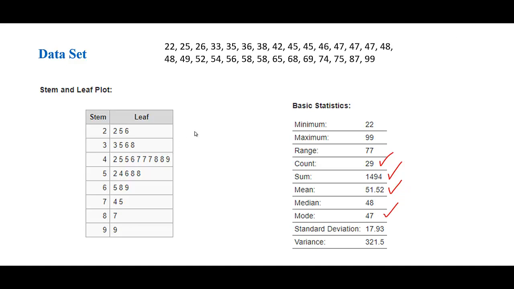Now let's calculate the median. There are 29 values as we checked from the count. These are an odd number of values, so there will be exactly one number in the middle of the data. So where will that middle number be? Some people use this method to find the position of the median. As there are 29 observations, n plus 1 means 29 plus 1, divided by 2. So it is the 15th position. The median will be at the 15th position.